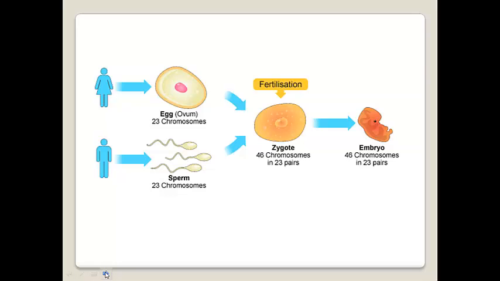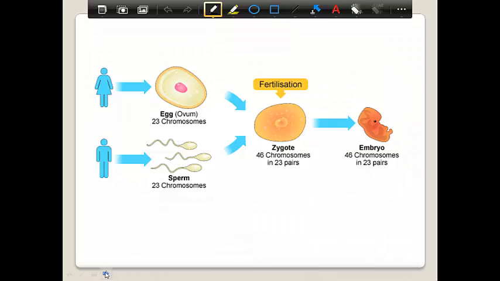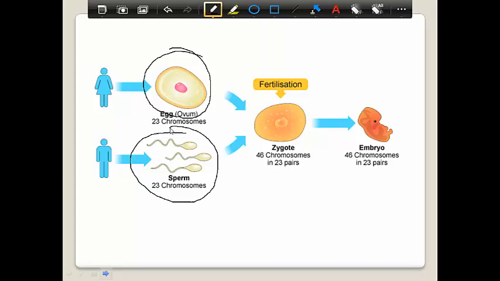Okay, let's start with humans because that's probably what you're most familiar with. And we're going to look at these cells that actually come together. So what we have in humans, as you very well know, the reproductive cells are an egg or a sperm. So egg and sperm are made through meiosis. These are the reproductive cells we make in meiosis.